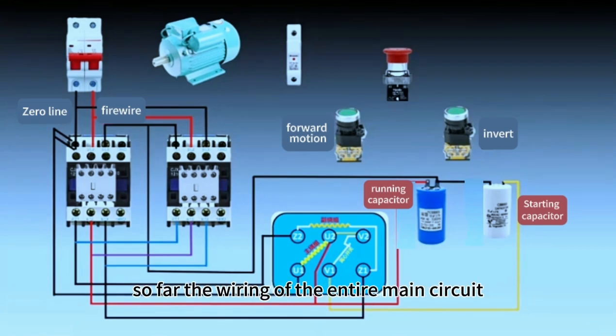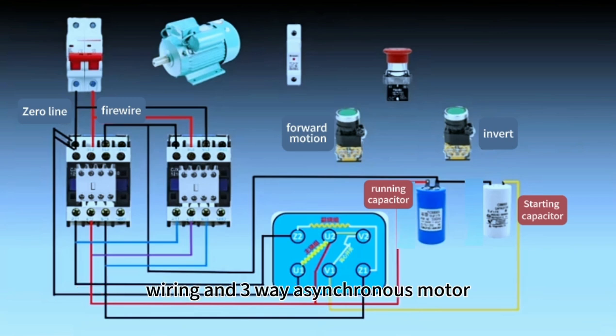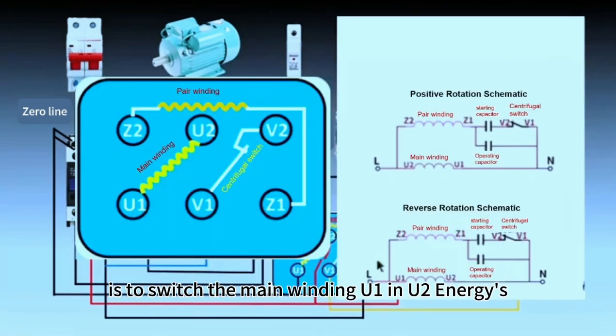So far the wiring of the entire main circuit of the one-way double capacitor motor is complete, and it is very different from three-phase asynchronous motor forward and reverse. This is its wiring schematic. A sentence sums it up: switch the main winding U1 and U2 energizing direction, and the motor will change